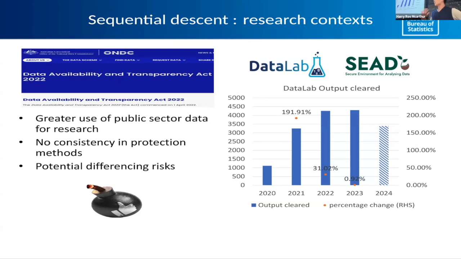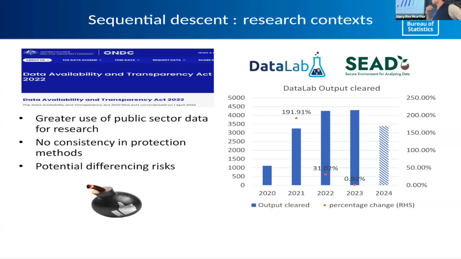But obviously, with more information, there always comes a challenge of how we actually ensure the providers' information is properly protected. So the ABS has a service called the Data Lab, where we host some really rich data assets. The researchers can come in and analyze the output. And then we have a process to ensure the statistical output we publish out of the Data Lab is safe. Currently, the process is manual, unfortunately. So we try to think of a way to make this safer going forward.